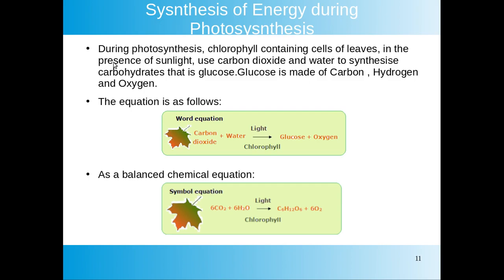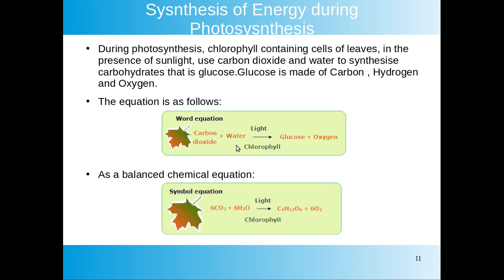Now, we can represent this photosynthesis in an equation also. So, during photosynthesis, chlorophyll containing cells of the leaves in the presence of sunlight use carbon dioxide and water to synthesize carbohydrates. What is carbohydrate? That is glucose. Glucose is made up of carbon, hydrogen and oxygen which they are getting from carbon dioxide and